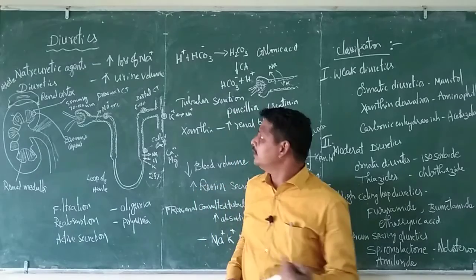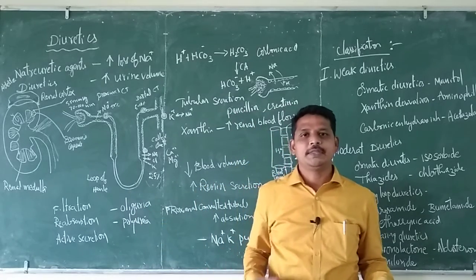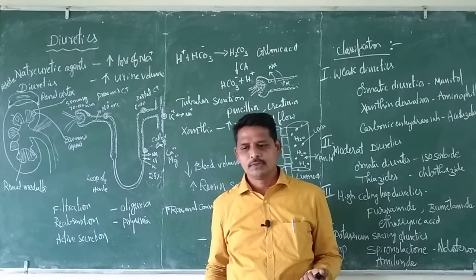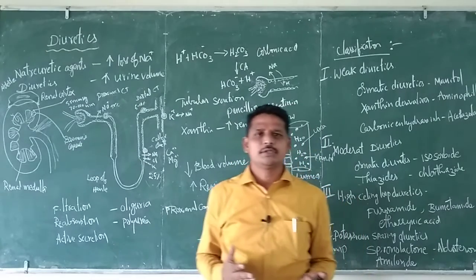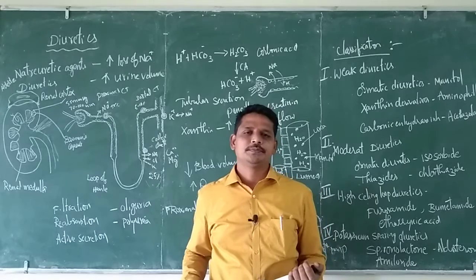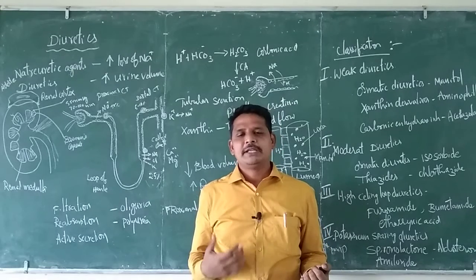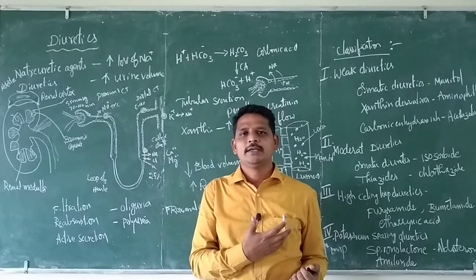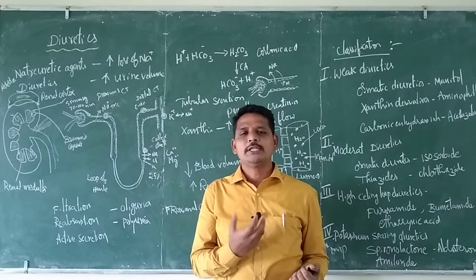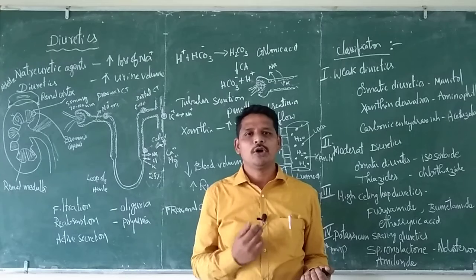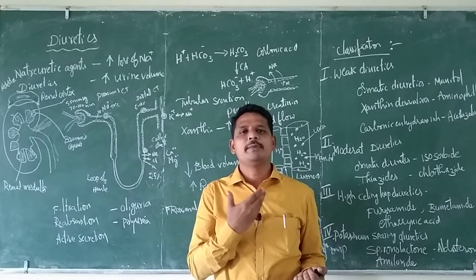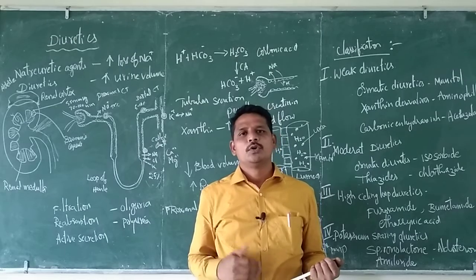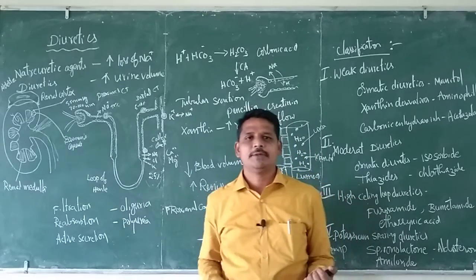Okay, so today we will discuss diuretics, the agents which increase the urine volume. First, what is the basic use of increasing the urine volume? Normally when blood pressure is very high, the volume of the blood is very high. So to control this blood pressure, we considerably decrease the volume. Most of the fluids will be taken off through the urine route. This is how we can manage the blood pressure.